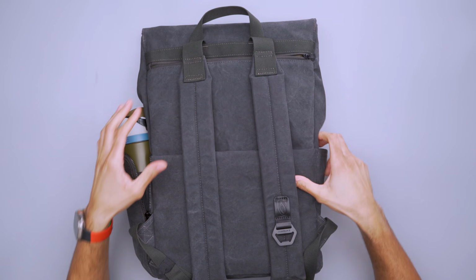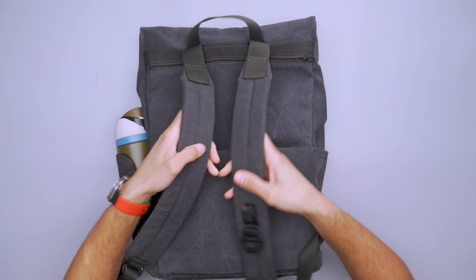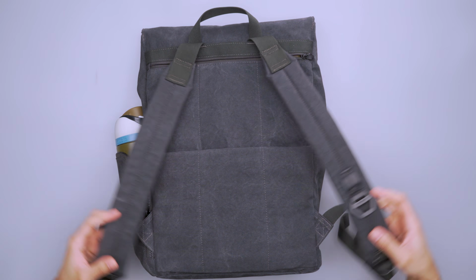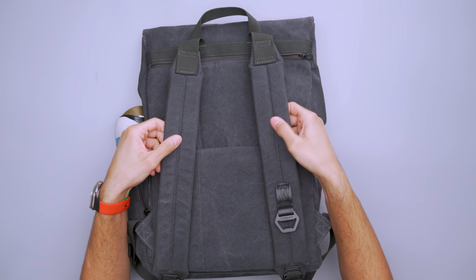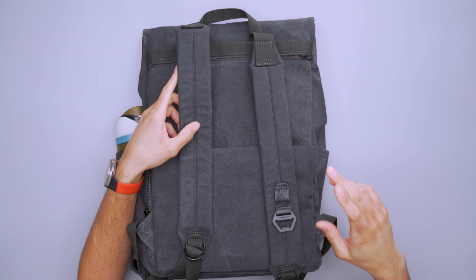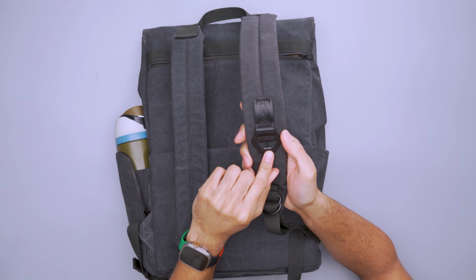And then the shoulder straps on the back, they attach via the same webbing as the grab handle, and they give you a nice amount of flexibility so that you can move the shoulder straps and position them as comfortably as you'd like. These shoulder straps are also very densely padded, which makes them pretty comfortable. And then on this shoulder strap, you can see it has their